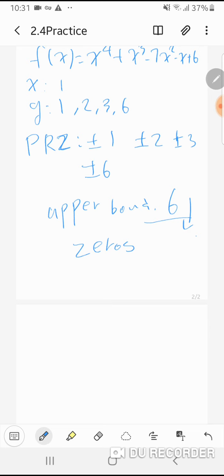And if minus 6 is a lower bound, then all zeros are larger than minus 6. If minus 3 is also a lower bound, then that means that zeros are larger than minus 3, right? So in that case, therefore,